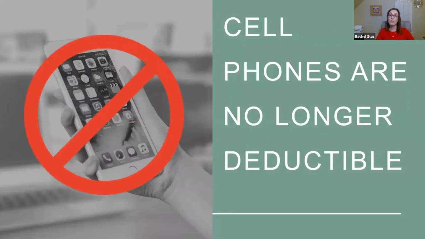If you get a second phone, the cost of that second phone could potentially be deductible. They prefer it not to have internet on it. I mean, it's insane. Old people write these rules. I'm just the messenger, but in general, if you only have a cell phone and you do business and personal on it, it just is not deductible. If you buy a separate line, the cost of that separate line could be deductible, but that's kind of where we're at.